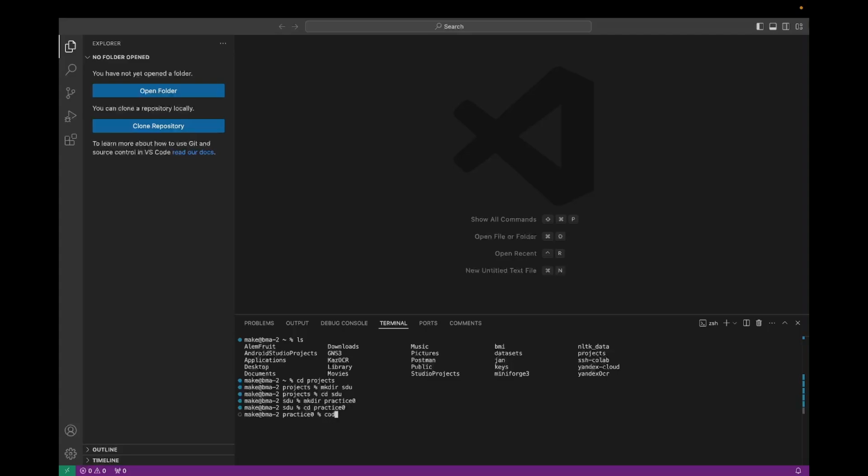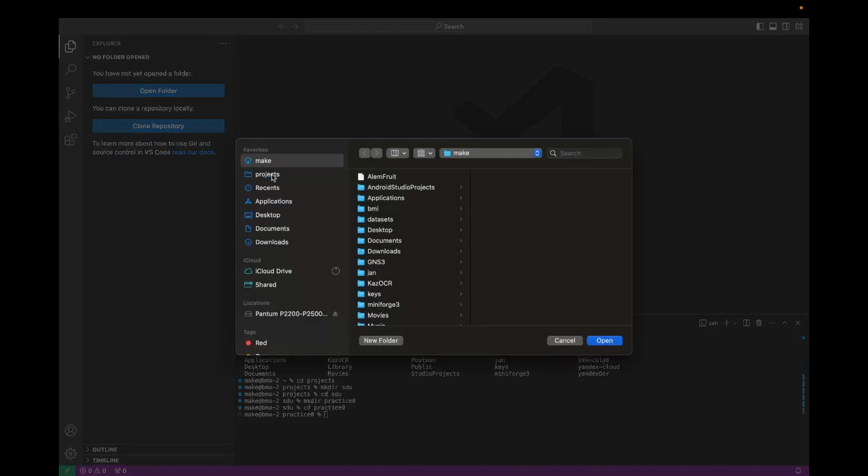After that you can just type code dot, and it will open VS Code in here. But if you haven't added VS Code to the path, for example in Windows during installation, it won't work, so you need to add the VS Code executable to the path. Just Google it and it should be enough. But if it doesn't work, you can just open folder,